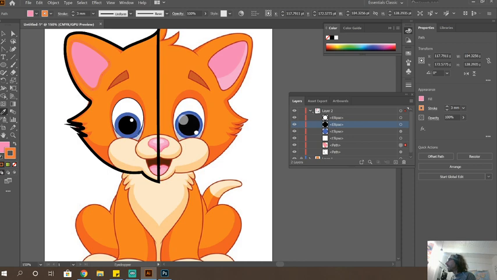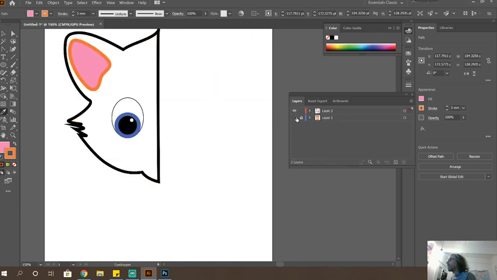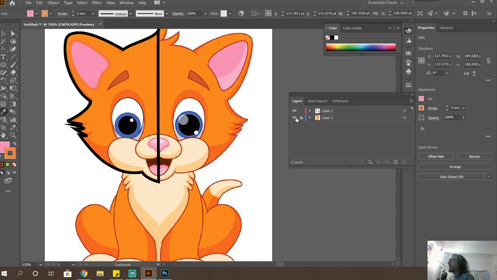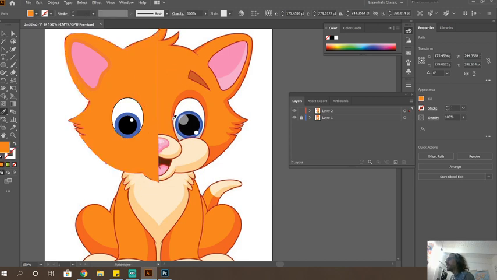Let me just turn off that layer below it. So you're starting to see that kind of take shape. And again, I did this super fast, right? I'm just trying to make excuses for how bad it is. So let me just get that fill color as well. Now, if I hit the eyedropper tool and I select this, there we go. That's the color I want. And I'm just going to give that